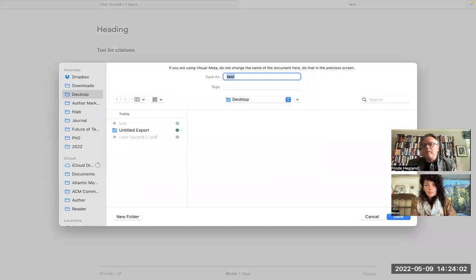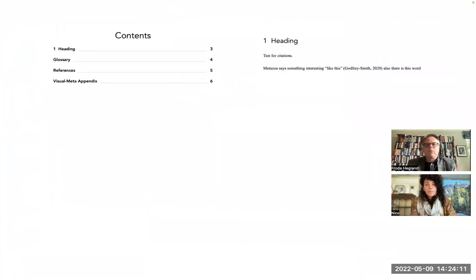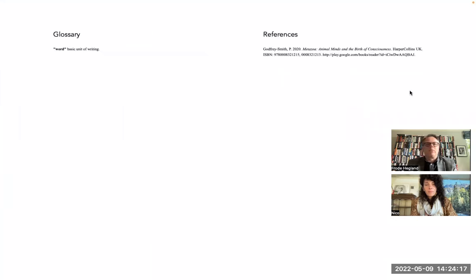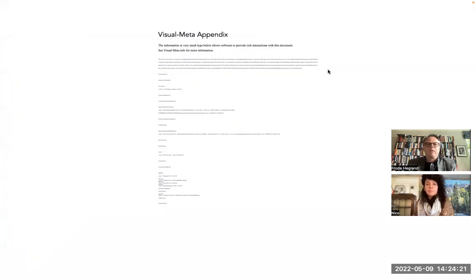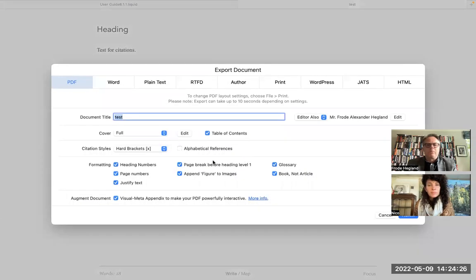When I do that, it automatically opens in Author. Excuse me, Reader. So boom, that's a little confusing, but here it is, this tiny document. It's even got a table of contents for absolutely no reason. And here's the citation, because that's how I asked for it to be. And it's listed like this. The glossary is there. But a more interesting thing to do is,